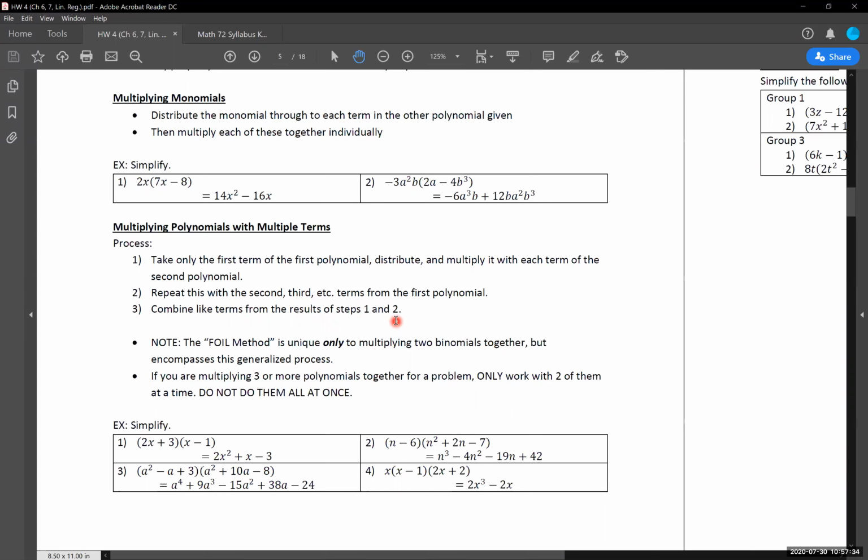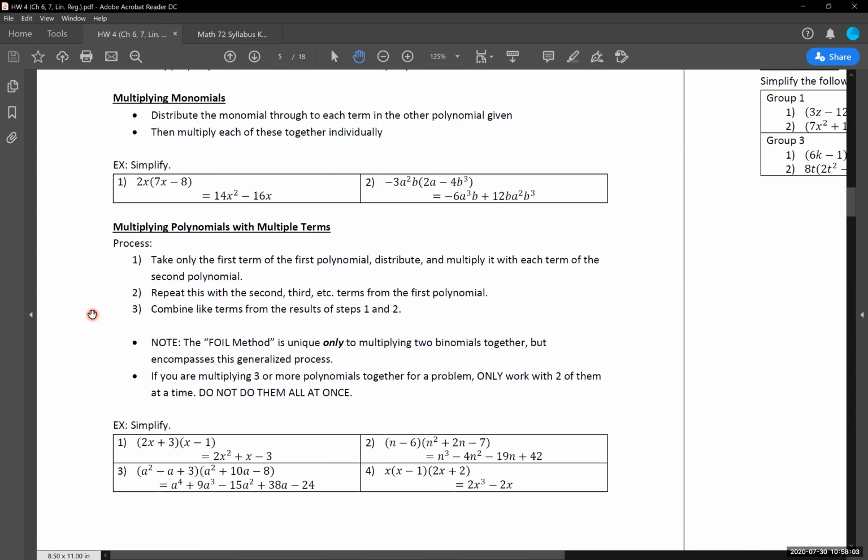So essentially, instead of taking everything and multiplying it through all at once, we're just going to take part of the first thing, multiply it through. Another part of the first thing, and then multiply it through. And then another part, multiply it through, and so on until we have everything distributed through. If you try and do all of this at once, I'm going to put money on you're going to have errors showing up. It's very common when people have that happen.